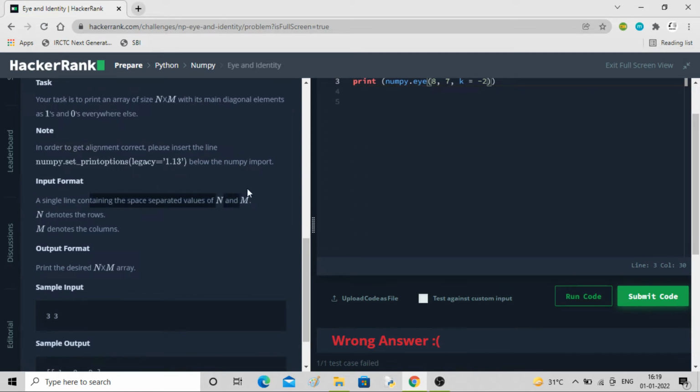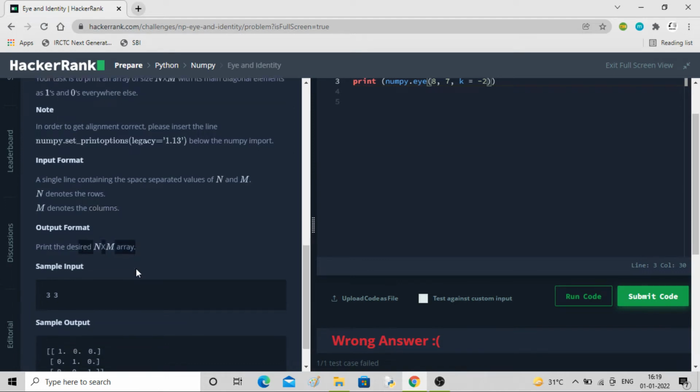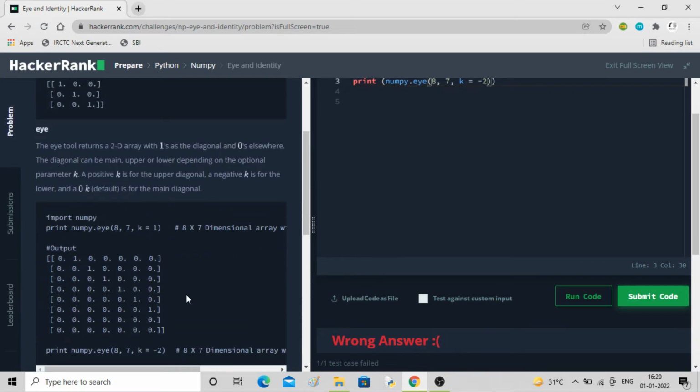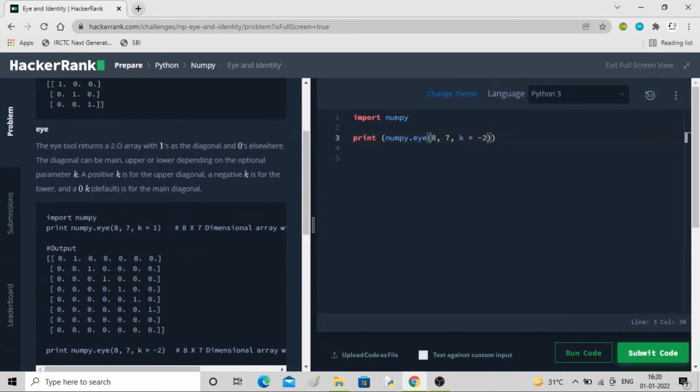We'll be getting the space separated values of n and m. N denotes the rows, m denotes the columns, and then you have to print the desired n cross m array. So these are the values of n and m, and this is the diagonal matrix or identity matrix, you can say. Okay, so you have to be careful, this may not always be a square matrix, so it is better to use the I tool here.